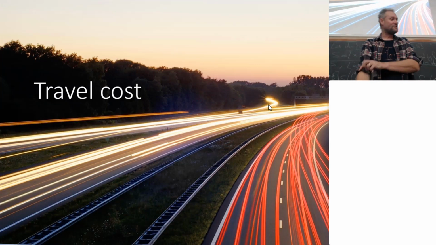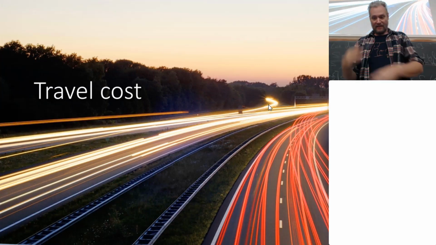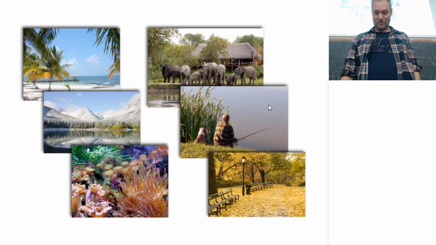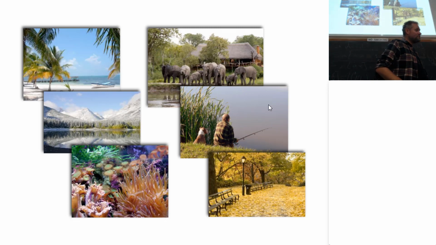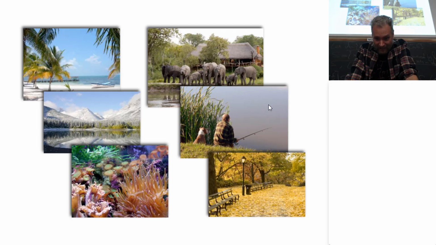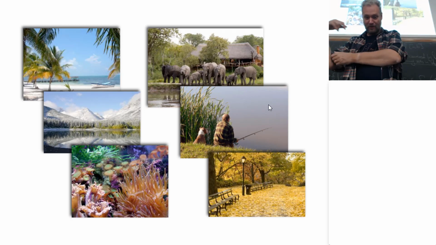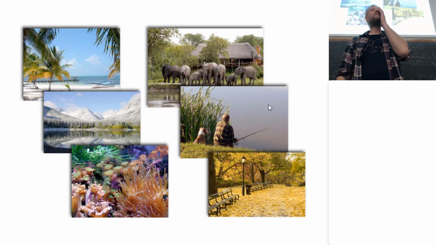Okay, the travel cost method can be used to, has been used to estimate particularly tourism, but also forms of recreation. So you see here, that must be Bali or something. There's elephants out there, let's say that's in Canada. There's mountain landscapes, there's coral reefs, there's fishing, and there's of course just the park down the road, right? The travel cost method is actually the oldest